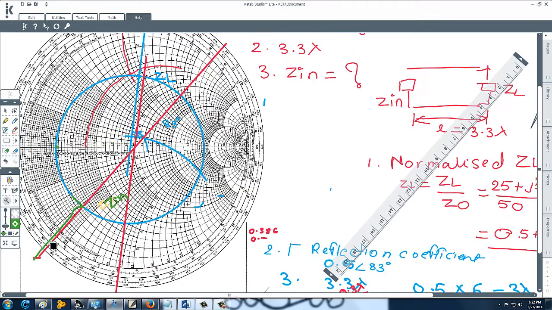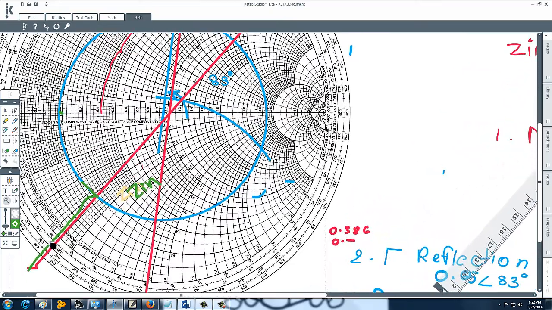It lies between 0.4 and 0.5, around 0.4. If I have made a mistake in some assumption or while drawing, it is approximately 0.4, but it is in the downward direction, so Z in can be written